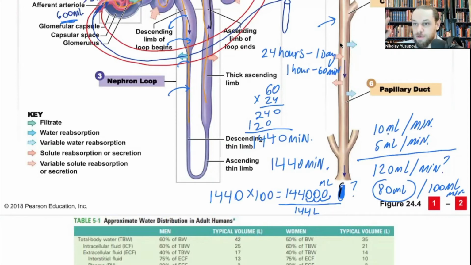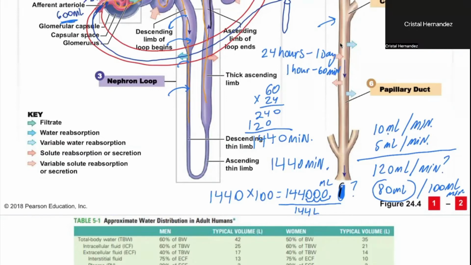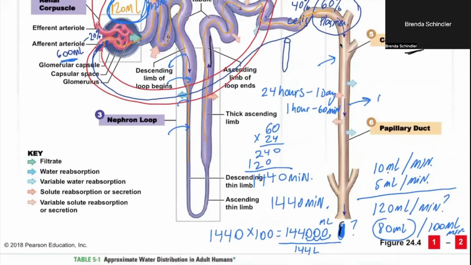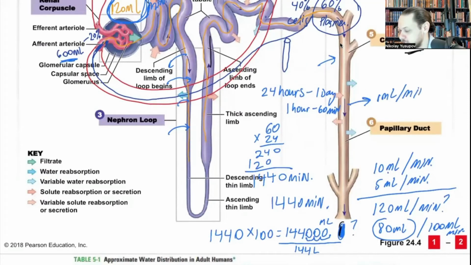Anyone seen a liter bottle of water? So now that you're seeing this math, if you're making 80 to maybe 100 mLs of urine, you're basically not leaving the bathroom. So what do you guys think? How much urine do you make per minute? Closer to 1 ml. Yes. Brenda, I think, was saying that. So truly speaking, out of this 120 mLs that comes in, only 1 ml per minute is actually coming